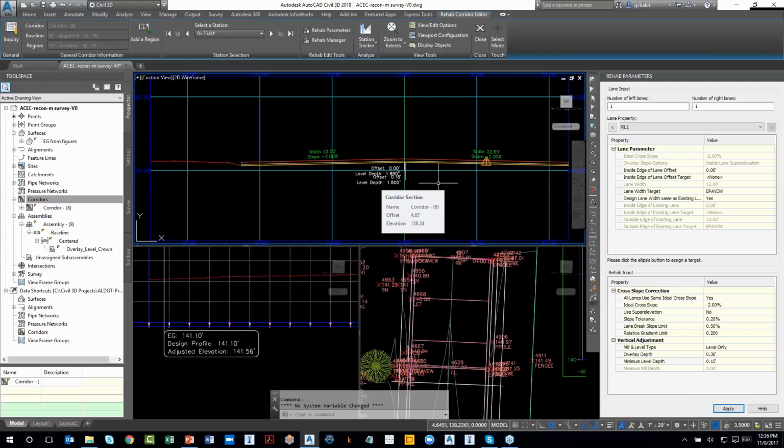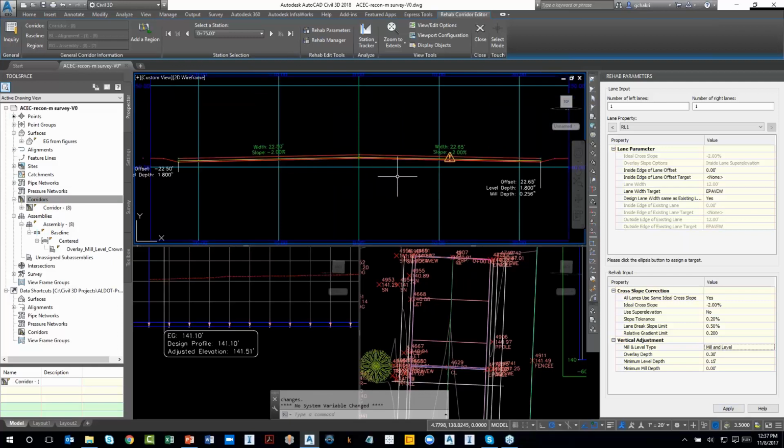Yeah, so to match the existing ground, it's actually the same process. First you are doing a milling operation, and once you do the milling operation, your level is now completely parallel to the bottom of the mill. That's the whole point of this workflow, right? So all I have to do is, now you can see that my subassembly changed here to overlay, mill, level, and crown, and my corridor is out of date. And the moment I hit my